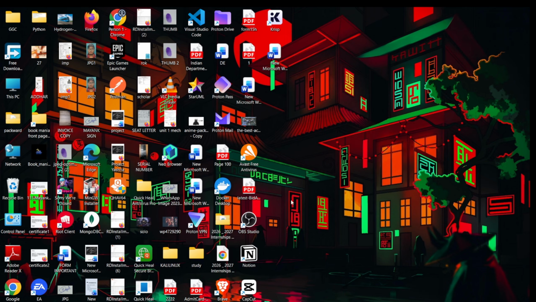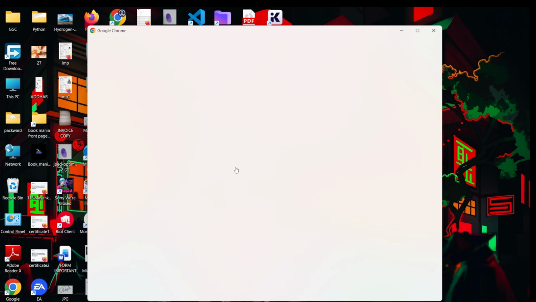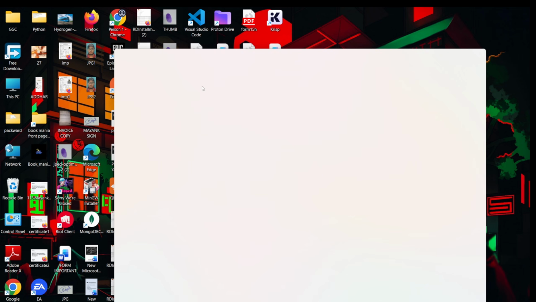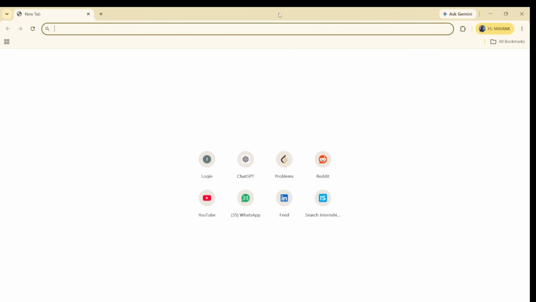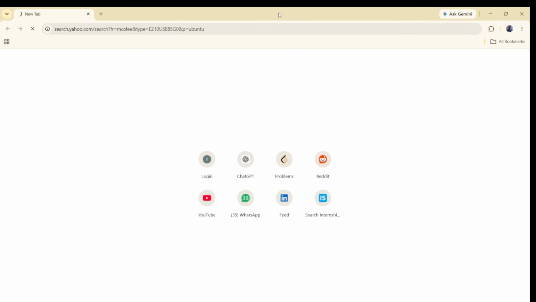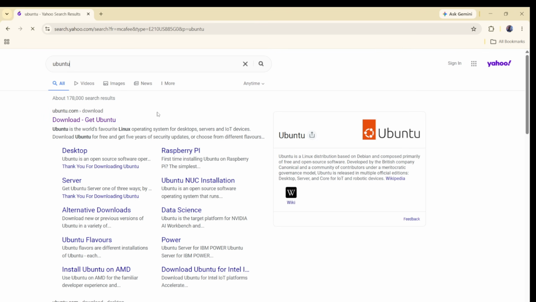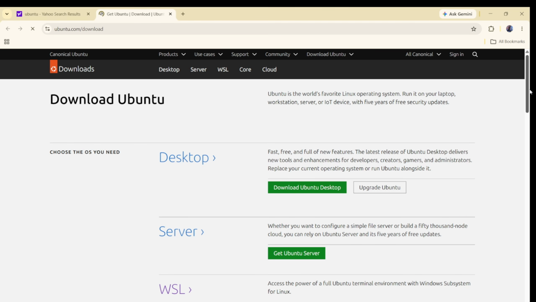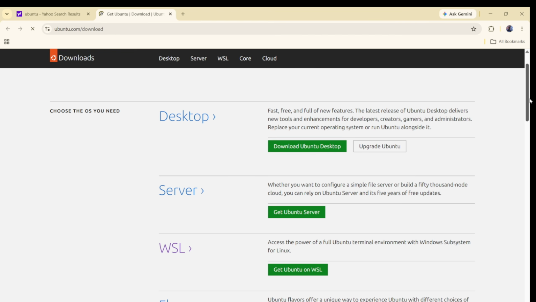Now minimize it. Now go to Google Chrome. Open it. Write Ubuntu. Click enter. You will see download Ubuntu. Click on it. You will see that there are three methods I have already discussed at the start of the video: desktop, server, WSL.